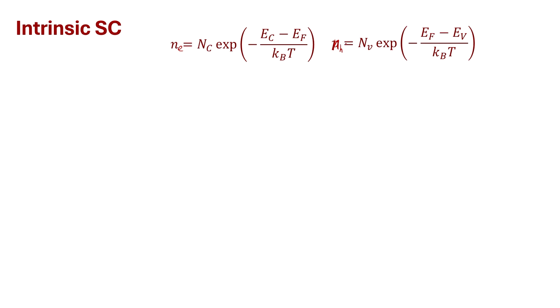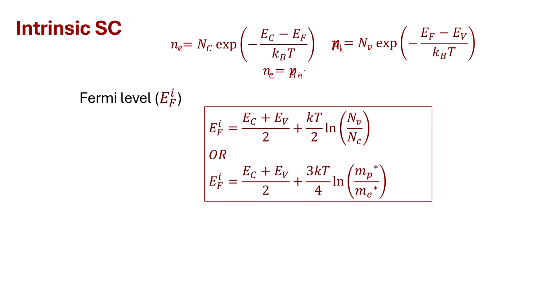So, Ne is equal to Nc exponential of minus Ec minus Ef divided by Kt, and Nh is equal to Nv exponential of minus Ef minus Ev divided by Kt. Just note down the sign difference. Here it is Ec minus Ef with a minus in the bracket, and here it is Ef minus Ev, because here we are going down in the energy, here we are going up in the energy. So, Ec is higher than Ef and Ev is lower than Ef, and we know that Ne is equal to Nh, and hence